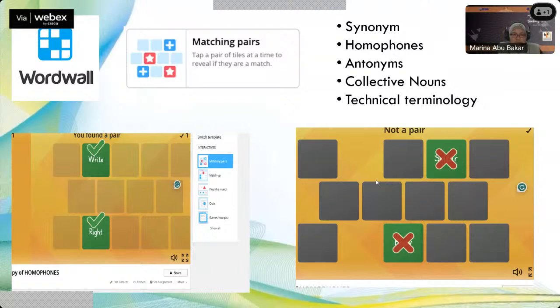If you don't want them to play individually, you can play it as a class, project it onto the whiteboard, and then you play it together. So it's going to be a little bit noisy, but I consider that as constructive noise. Productive noise, right? So if you're going to use technical terminology, they have to match which picture or which